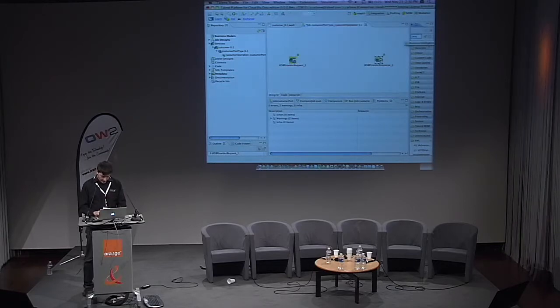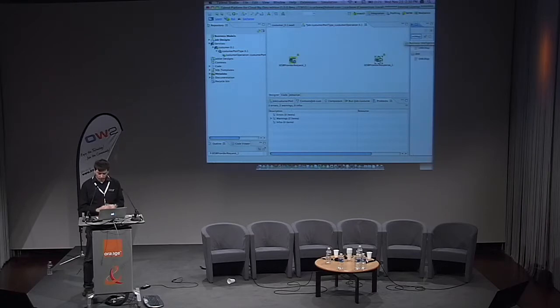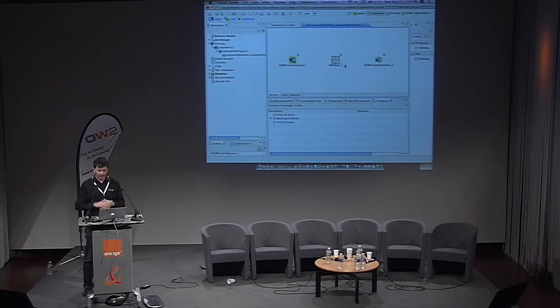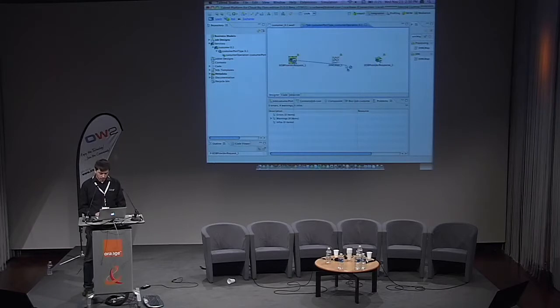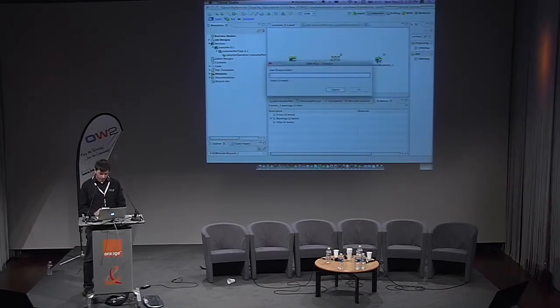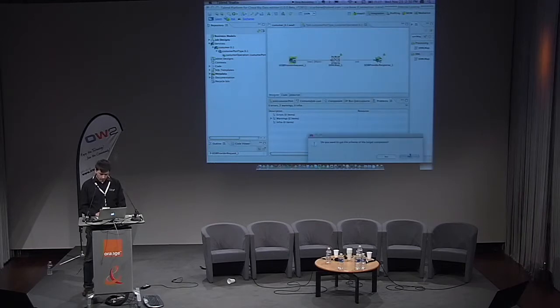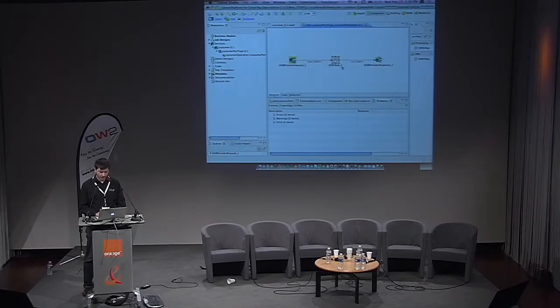Let's start with one of our new components called tXMLMap. The tXMLMap can handle hierarchical messages and will be able to map my input and my output, and for sure integrate some calculation in the middle. I will just link my tXMLMap to my request and response.